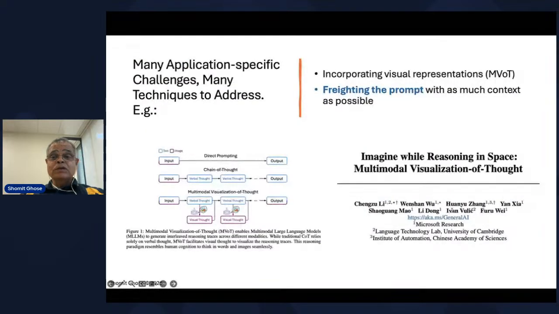Here's something to know. Agentic AI architectures aren't one size fits all. Depending on the specific needs of a specific application, there are lots of new computational approaches that are introduced. You'll see here in the diagram on the left-hand side, visual elements are being injected into the prompt to bring needed context. So this is multimodal visualization of thought and getting that into the prompt stream. So mix and match, build and integrate what you need to get the appropriate context going from the left to the right.